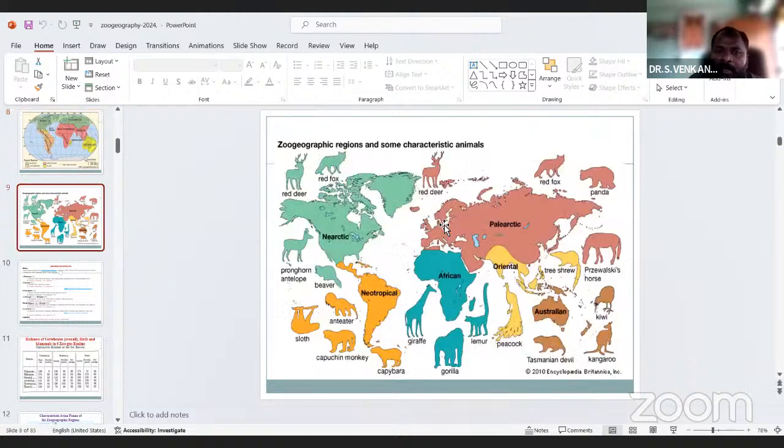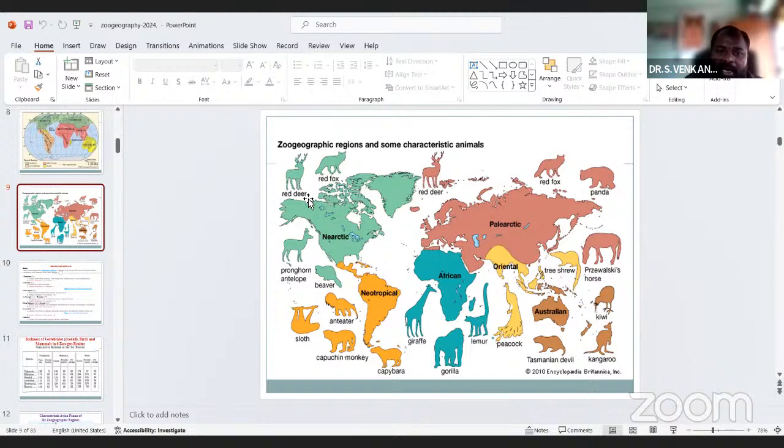See, these are our geographical regions and some characteristics of animals. These animals are only terrestrial animals. Terrestrial means living on land, on the surface of the earth. They are called terrestrial animals.